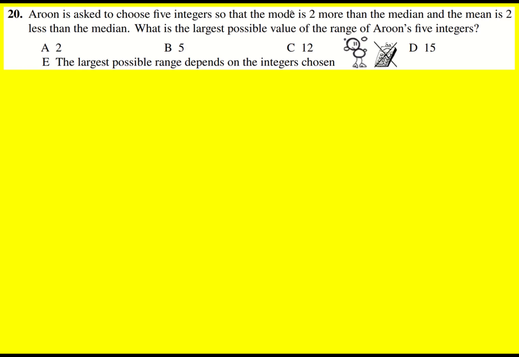We've got 5 integers and the mode is 2 more than the median. Now I decided to call, so the median is going to be the third number. I decided to call this x. There's different ways you can do this question, but I've gone with x here. And that means the mode is going to be x plus 2, and it's got to be greater, so